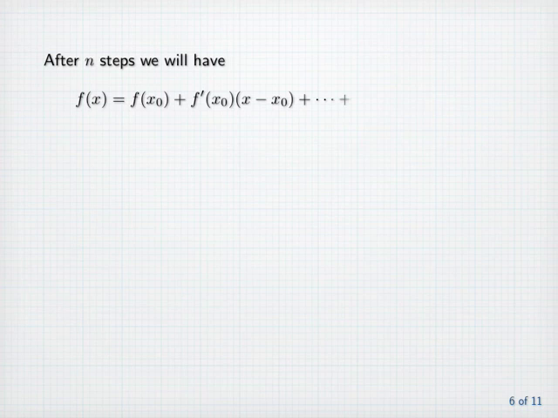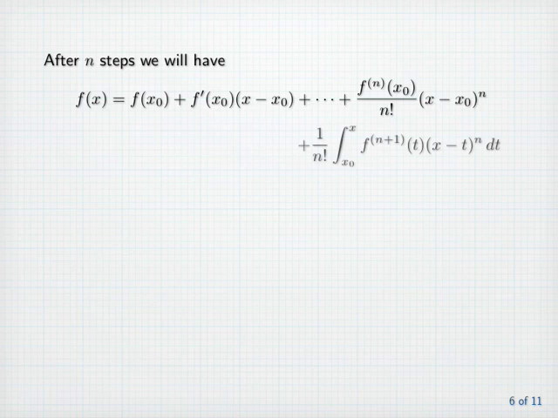Now if we continue this, after n steps, we will have f of x equal to f of x0 plus f prime of x0 times (x minus x0) plus terms up to the nth derivative of f evaluated at x0 divided by n factorial times (x minus x0) to the nth power, plus 1 over n factorial times the integral from x0 to x of the (n plus first) derivative of f at t times (x minus t) to the nth power dt. The terms in the first line on the right-hand side are precisely the nth Taylor polynomial T sub n of x,